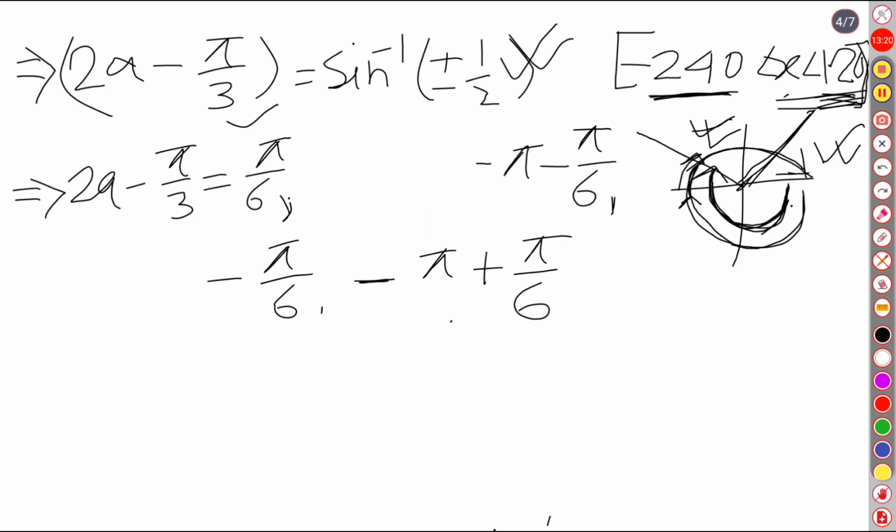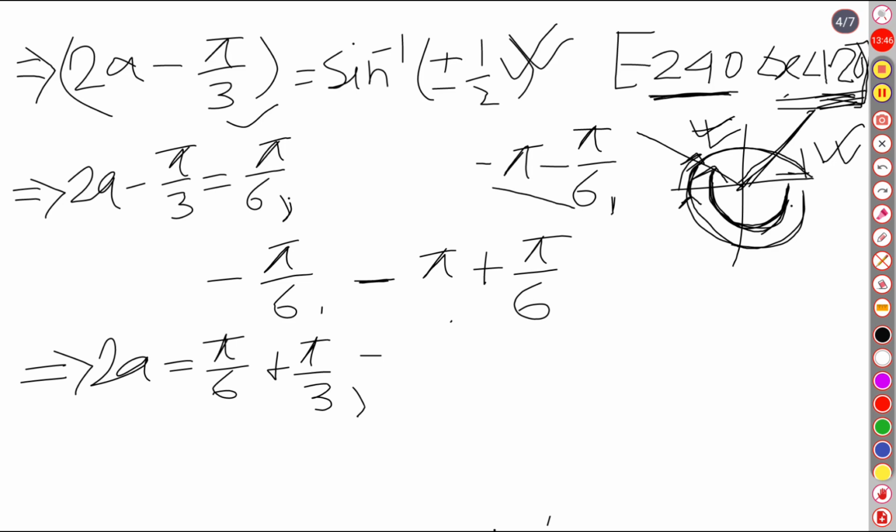Well, so it says the next step, now we are going to transpose this one to the right side, 2a on the left side. So pi over 6 plus pi over 3. Then next one is going to be negative, look at this, negative 1 and negative 6 means negative 7 pi over 6. Then the third one is negative pi over 6 plus, oh sorry, here also we skipped something,